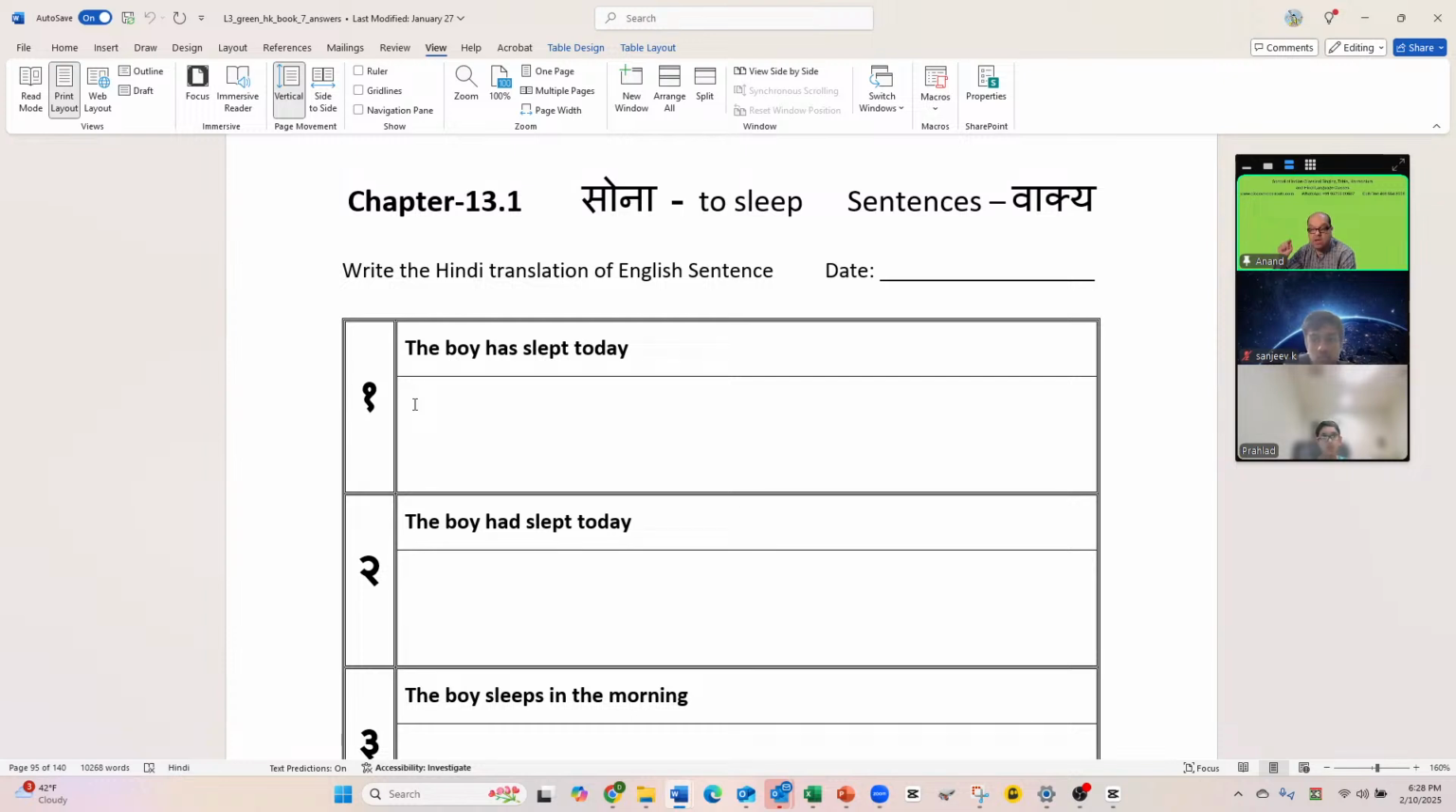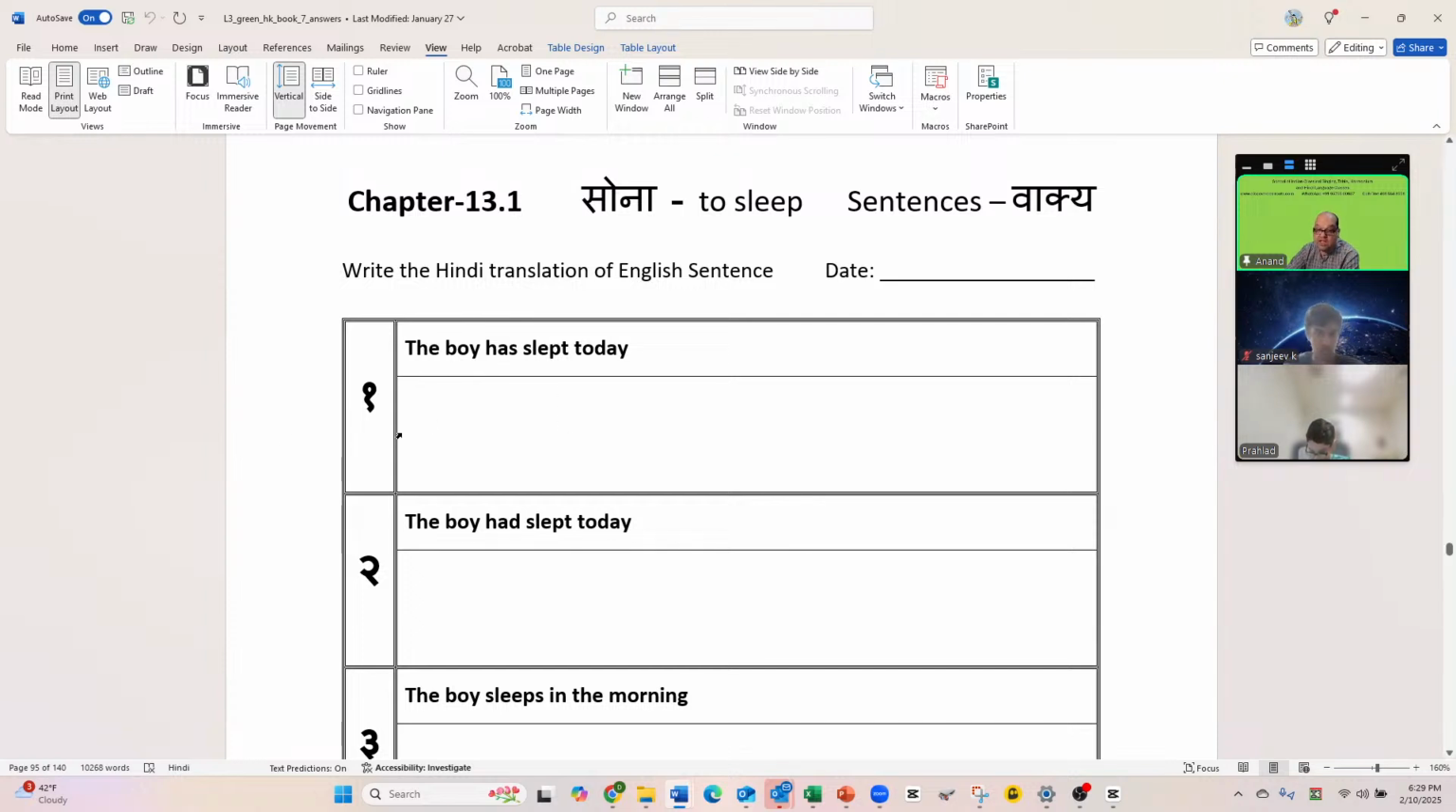Now, ask the question: if the boy has slept, is the sentence talking about a habit? No. Is it giving a particular time when the action of sleeping was done? Yes. So which format do we apply? Ya form, because it's telling us that the boy slept today. Okay. Now,